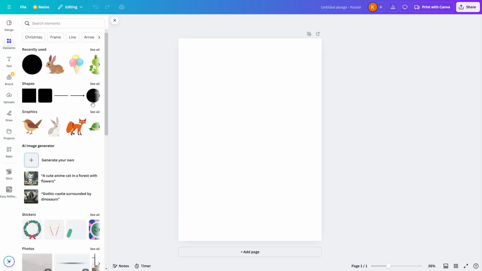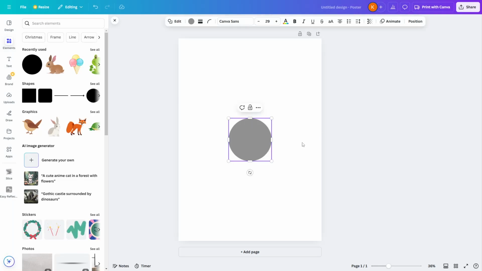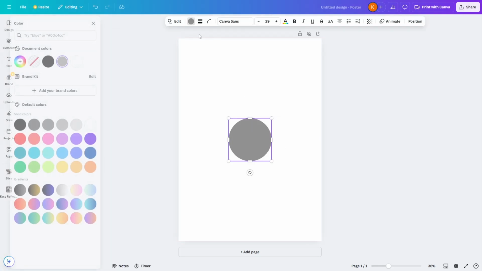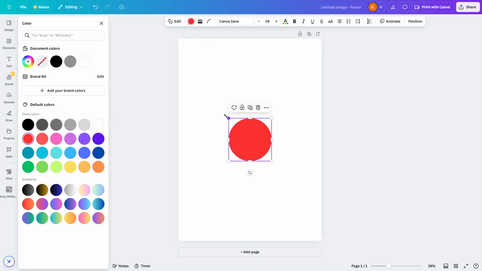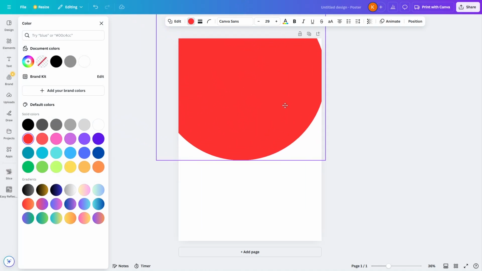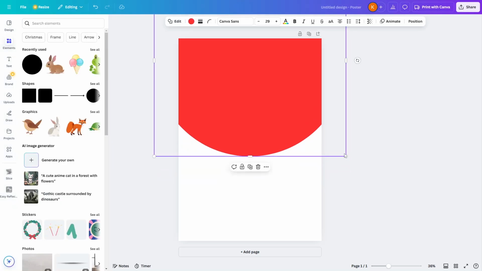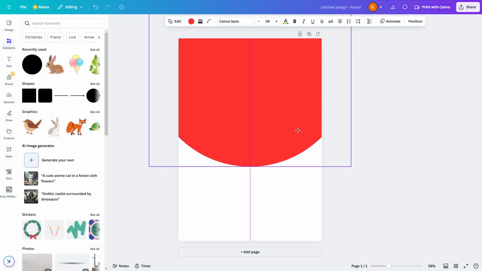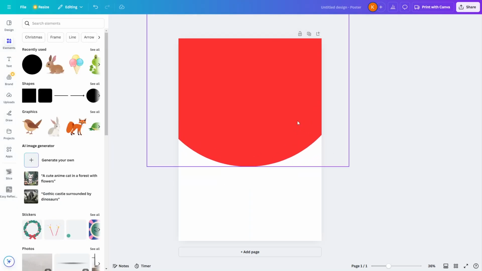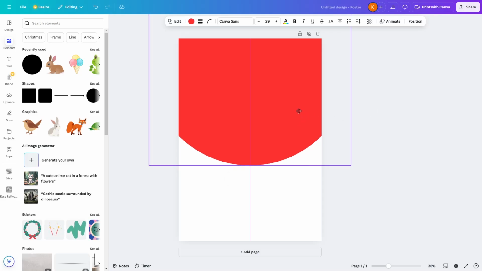and then afterwards you head over to elements and then select this circle, and then let's color it, let's say red, just like this, and then do some resizing by dragging one of the corners just like this. And then let's say if we insert